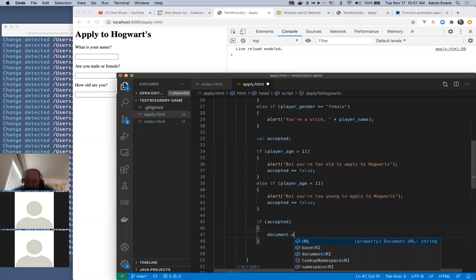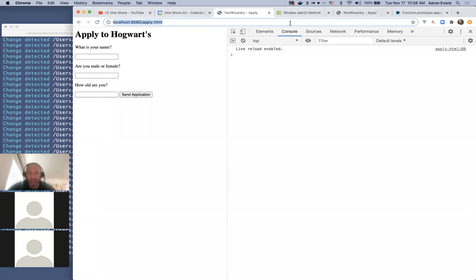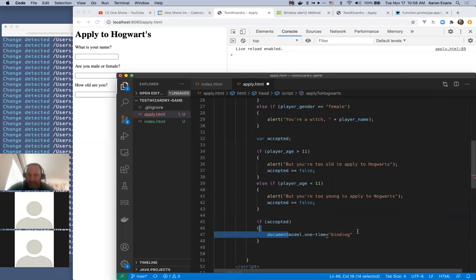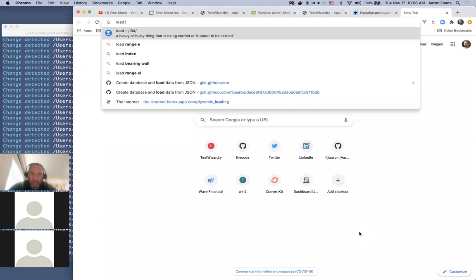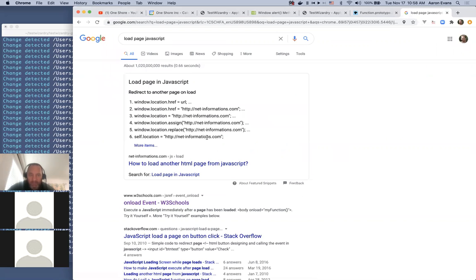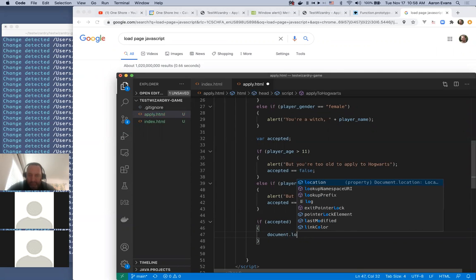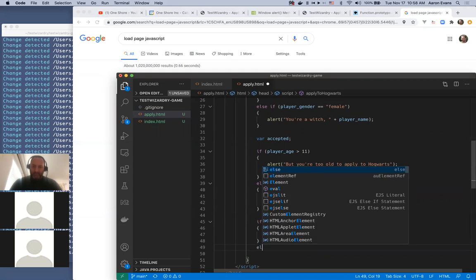What we want to do is go to the page, but I don't want to just, what is it, document href? Well, that'll get us there. Load page JavaScript. What's the best way? Window location.href or self.location. Let's just go ahead and just go to accepted. And then else we'll go to